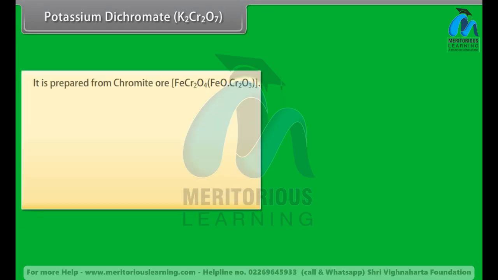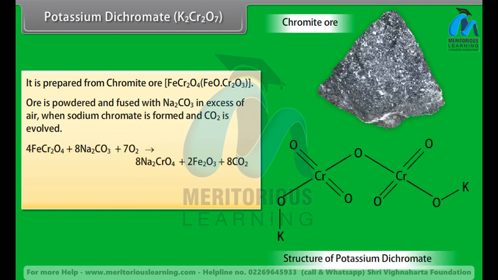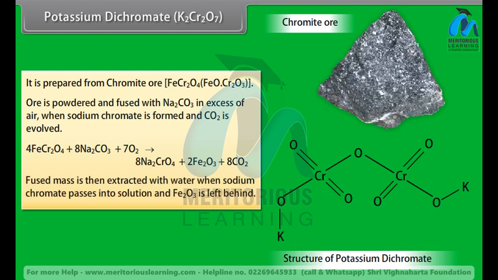K2Cr2O7 is prepared from chromite ore. The ore is powdered and fused with Na2CO3 in excess of air, when sodium chromate is formed and CO2 is evolved. The fused mass is then extracted with water, when sodium chromate, being soluble in water, passes into solution and Fe2O3 is